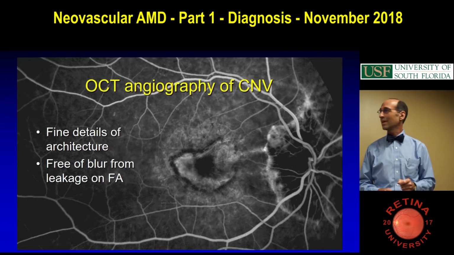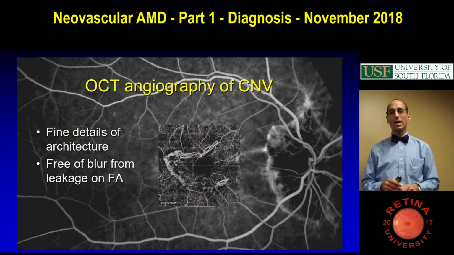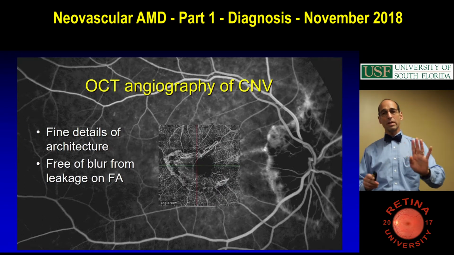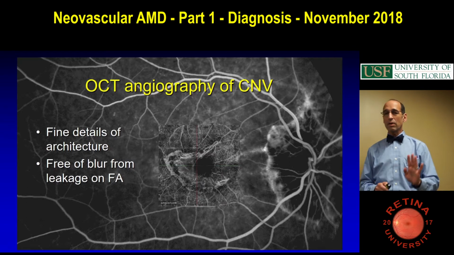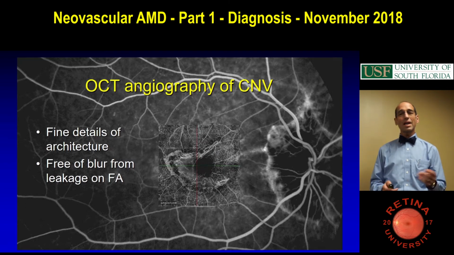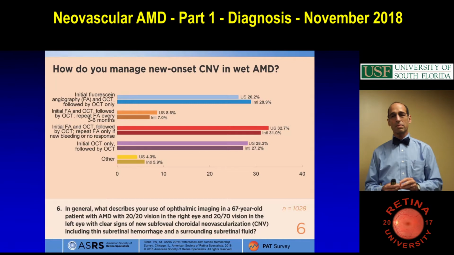OCT angiography, isn't that cool? I got that off their website. I don't have this yet, but we're going to get some. It shows fine detail architecture, and you lose the blur from leakage. So you can find neovascular membranes even in places where they're hard to see. I don't think you can see through blood, but the big thing is inside of a PED, it's hard to tell where the neovascular membrane is. At the moment, it doesn't really matter where it is because you just give them injections. So OCT angiography, I think eventually it'll be something we use, but it's probably going to